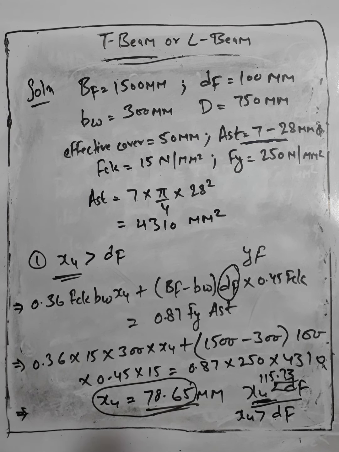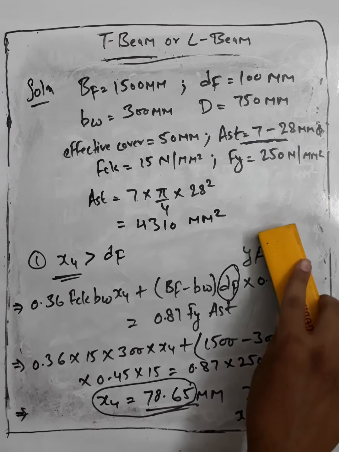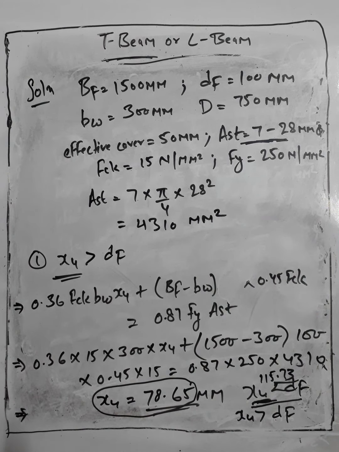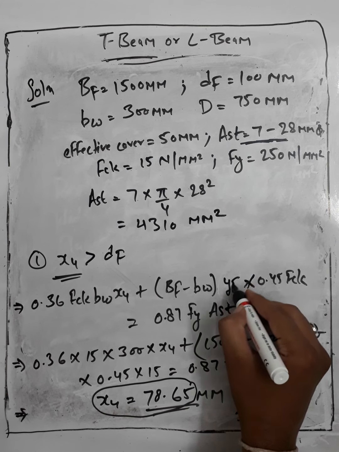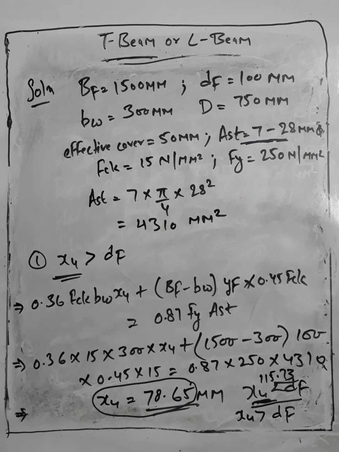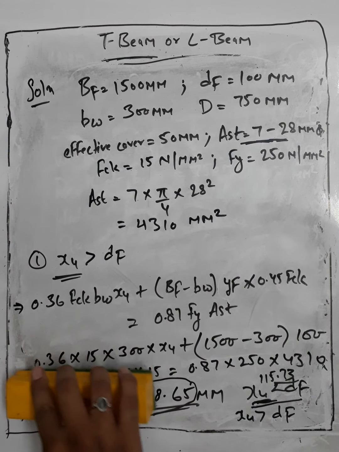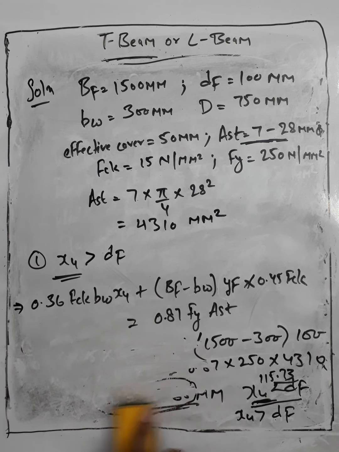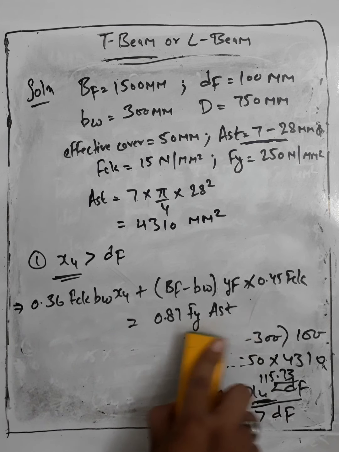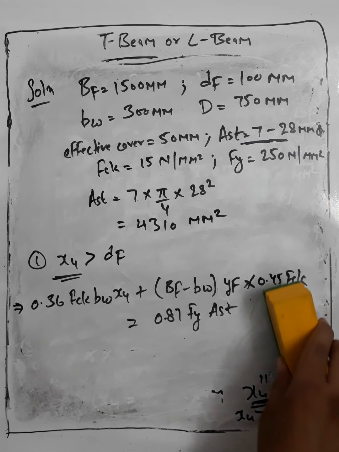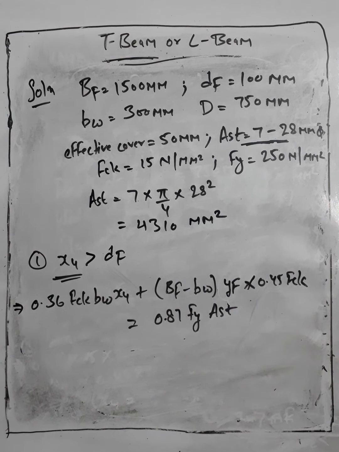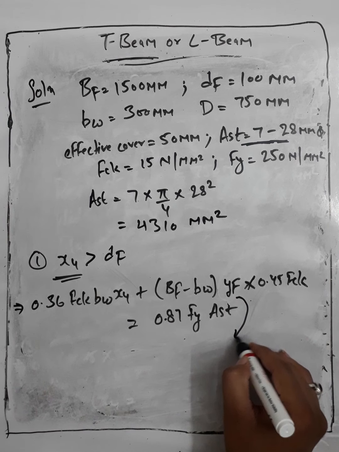Now let's find with Yf. So what do we have to do? Simply we have to change Yf in our equation, because we know that when Df is less than 3/7 Xu we use Df, and when Df is greater than 3/7 Xu we use Yf. This we already know. So now to solve this problem we have used Yf, so first we have to find the Yf.